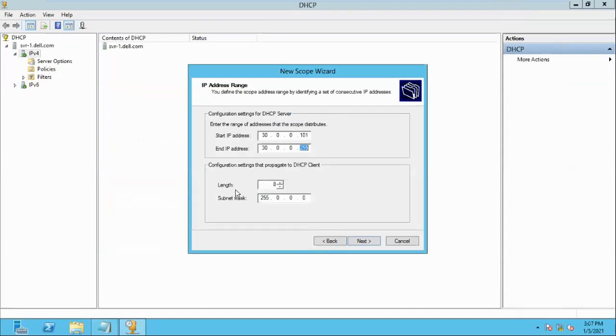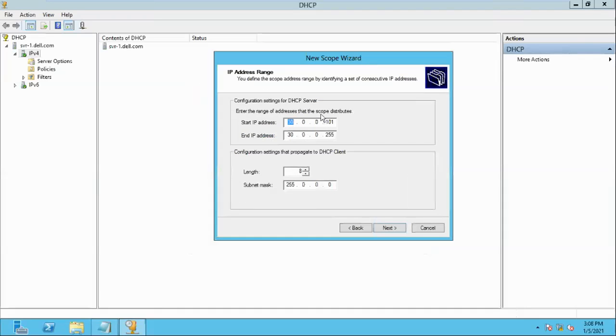And now this is the subnet mask, 8. This is the 8-bit prefix form, and this is the subnet mask 255 in decimal form. Because I'm using an A class address, and in an A class the network is 8 bits, that is the reason for 8 and for 255 in the network number.